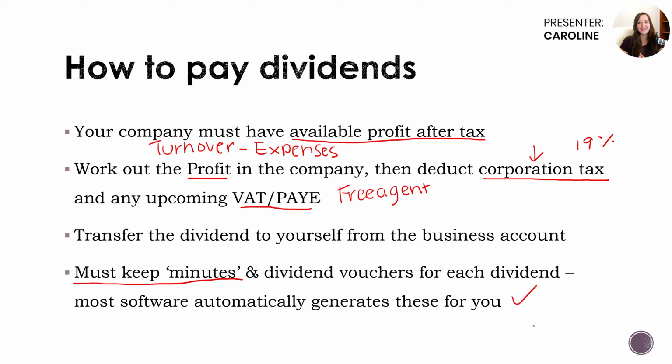So that's a technicality that has to be kind of fulfilled. As a single director and shareholder, it doesn't really make sense, but at least you can cover yourself with those automatic dividend vouchers within a bookkeeping software. And you'll notice that there is no tax or tax deductions withheld from the dividend payments when you transfer the money to yourself. You're always receiving the gross value before tax. So what you want to do is set aside any tax amount in a personal savings account or just a personal bank account that you don't really touch